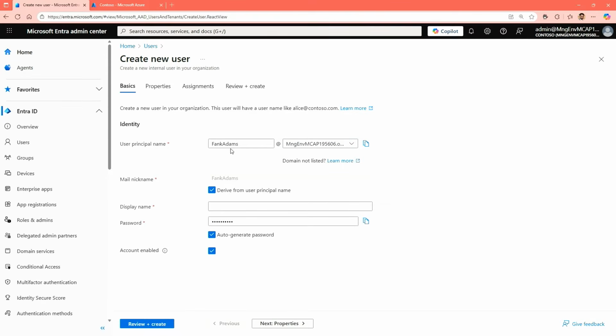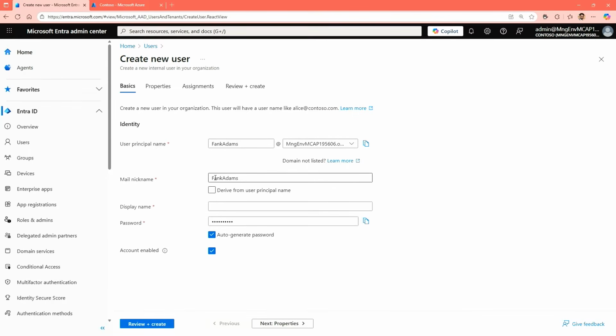Now, apart from adding the user principal name, I have a second option over here that says mail nickname. Currently this gives me an option to derive it from the user principal name, so it looks exactly the same. But if for any reason in your organization you have different mechanisms of creating the mail nickname, maybe because you are shortening people's names, someone prefers their name to be shortened, like Alexandra could be Alex, Thomas could be Tom, if they prefer their email address or mail nickname a bit like that,